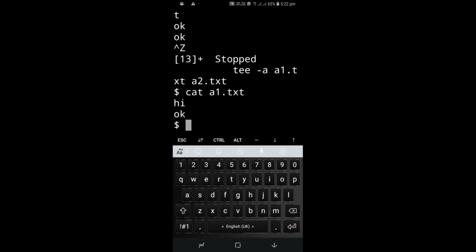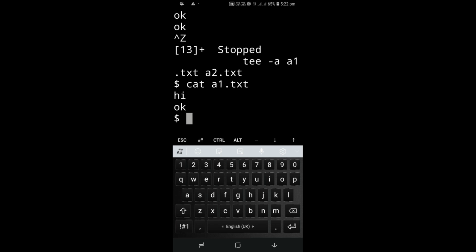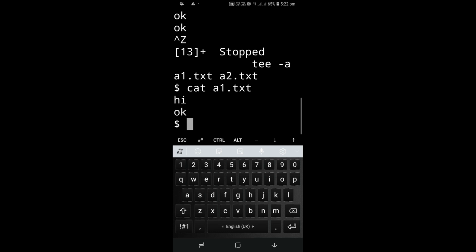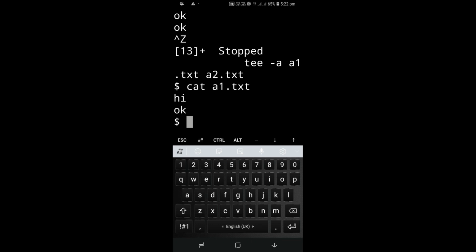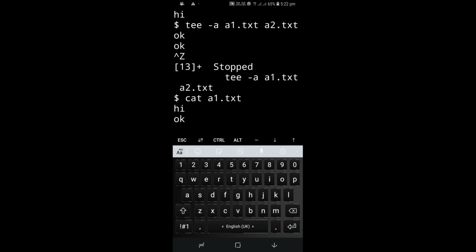Now see, why it didn't get printed along with that time, because I stopped it near the data. I need to come out of it, right? You need to press enter and then you need to stop. So the second time I pressed enter and then clicked Control Z. So now it is working, and earlier it wasn't working. If you see in my a1.txt file, I typed only hi, but now if you see the data, it also has okay with it. Why? Because I appended through the T command. So this is how the T command works.